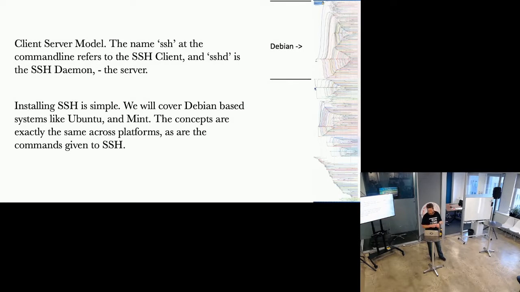So we're now going to cover some of the concepts around SSH, starting with some simple bits regarding Debian distributions. So just for anyone who's not very Linuxy, this is all the different kinds of Linux distributions there are, and the tree that represents where the nexus of those Linux distributions are, where they came from. So Debian is basically the top third. These are all the Debian distributions, and somewhere in here is Ubuntu and Mint and these types of distros.